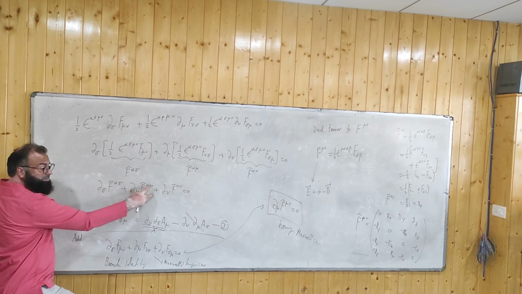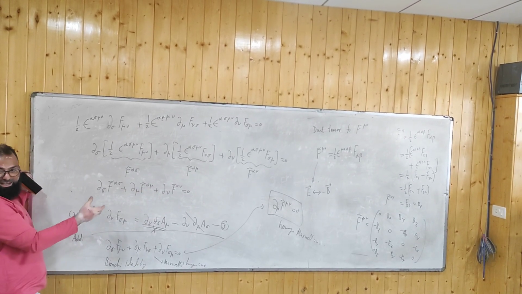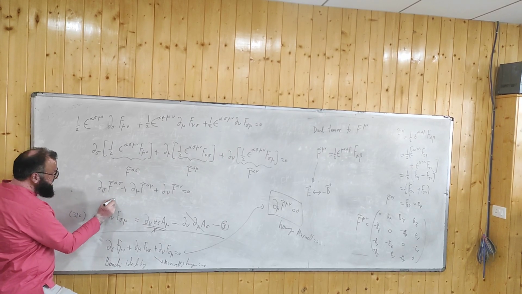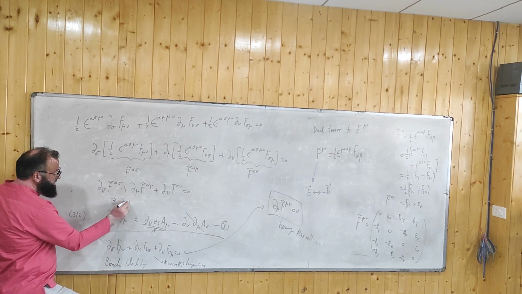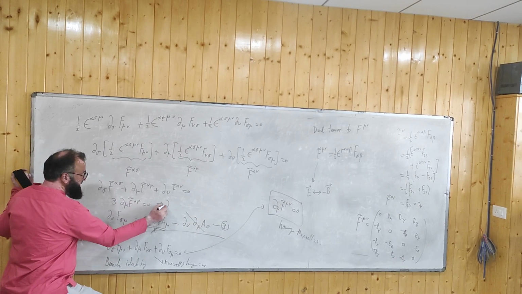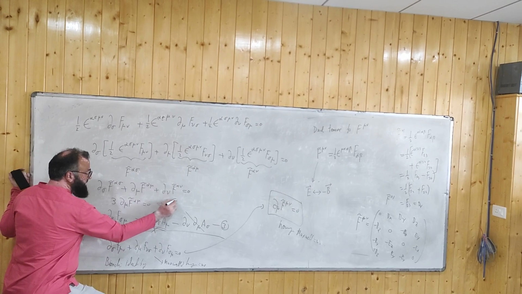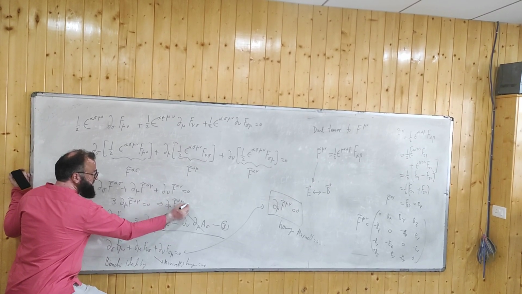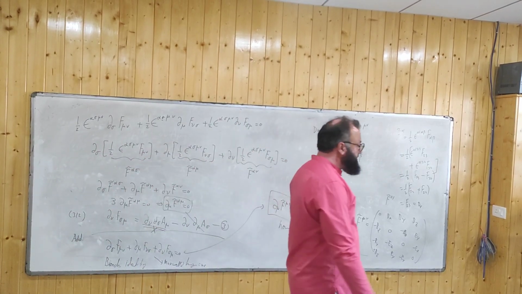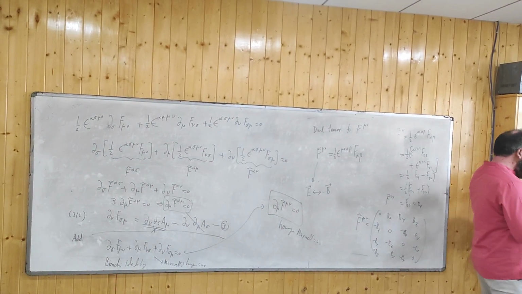So these are identical terms. Summation means this is simply 3 times partial mu F tilde alpha mu equal to 0, which implies partial mu F tilde alpha mu is equal to 0. Clear? So these are the homogeneous part of the Maxwell's